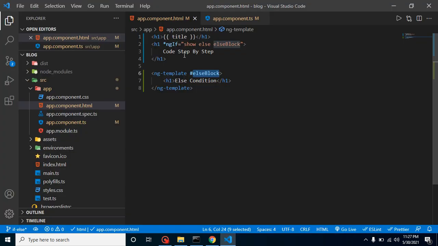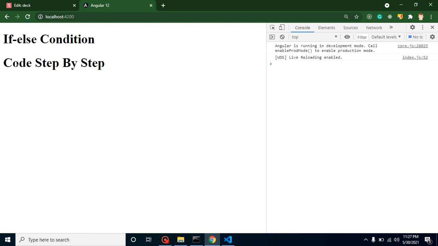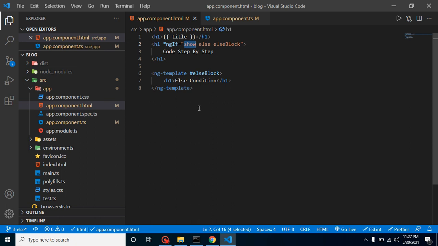Why? Because show is false, and if I make it true again, then you will find that we have Code Step by Step, because this is put inside the if condition. Now you may be thinking, why did we define ng-template only for the else condition? Can we define it for the if condition? Yes, we can, there is no issue.